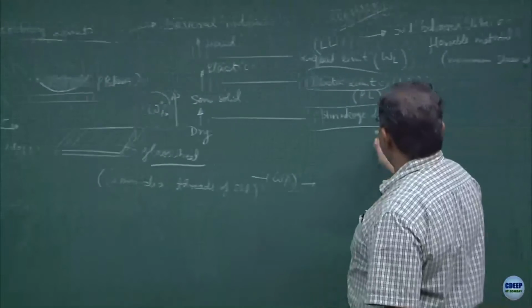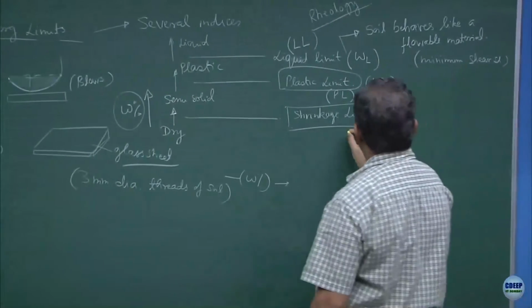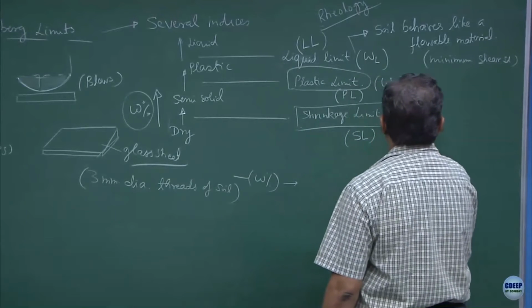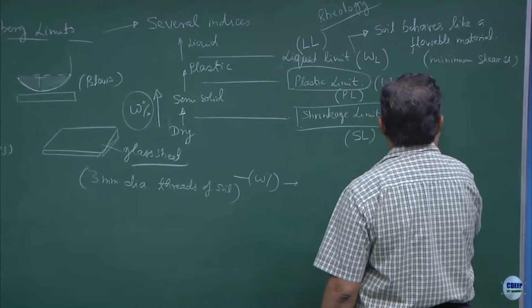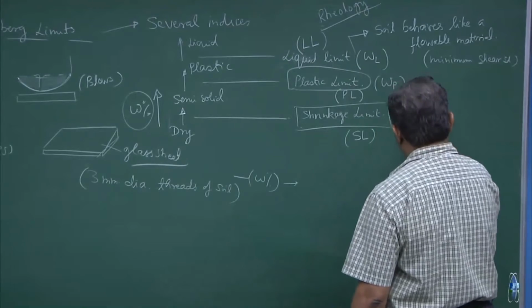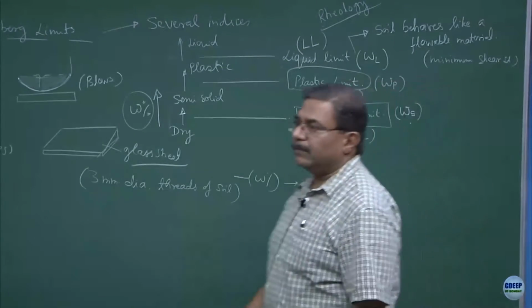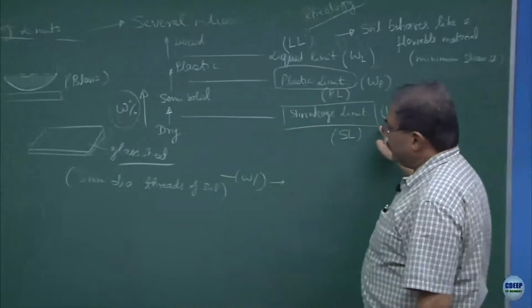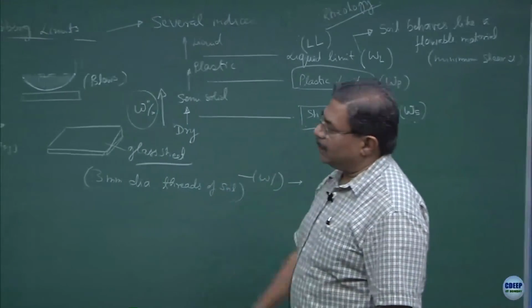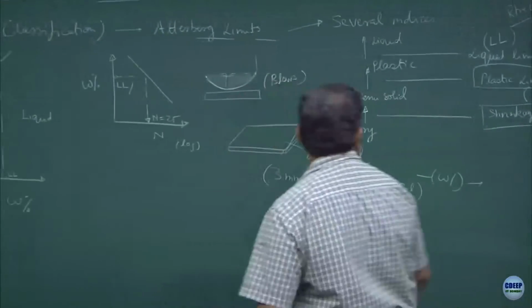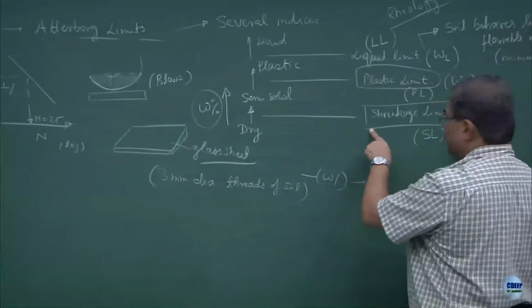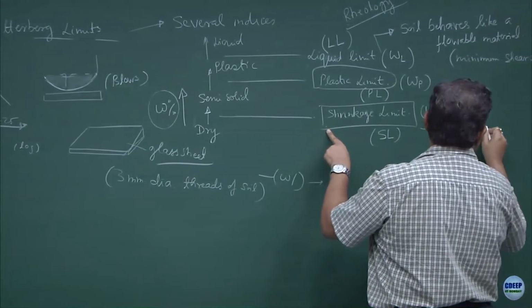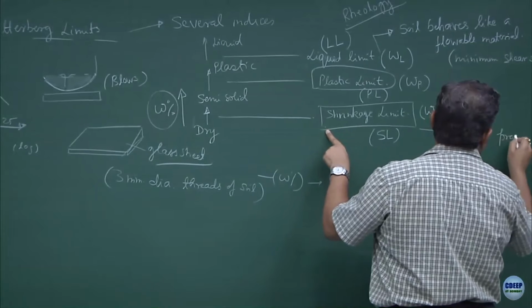So, I have to define the shrinkage limit also. Shrinkage limit is normally defined as SL, the moisture content SL or WS, you may write. This is a very interesting parameter which talks about the drying process of the soil, and this is the state of the material where the soil remains saturated. This is the minimum moisture content present in the soil